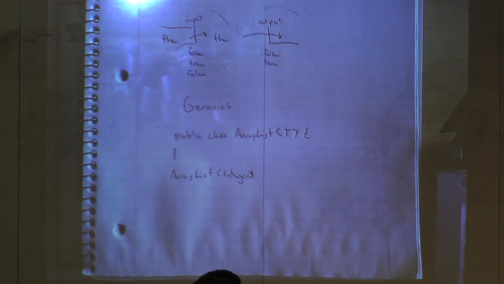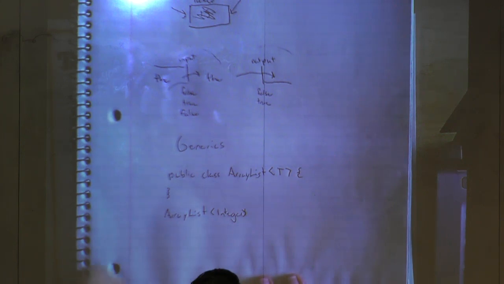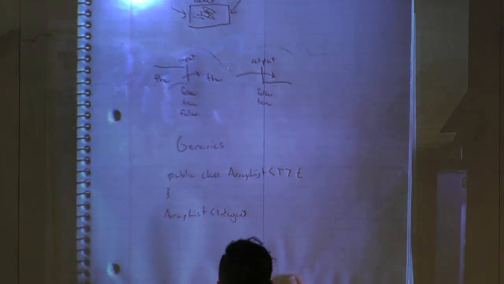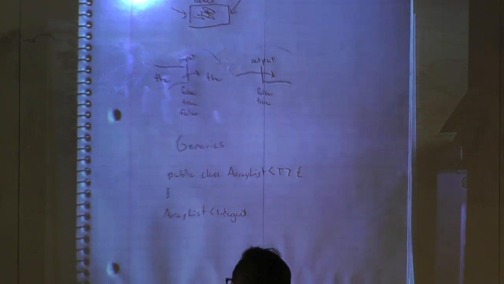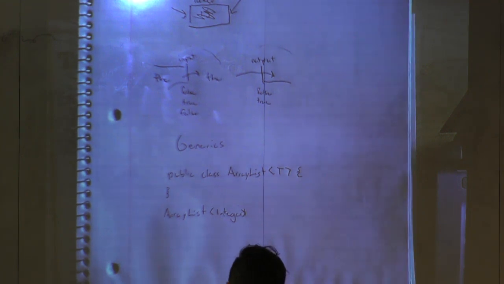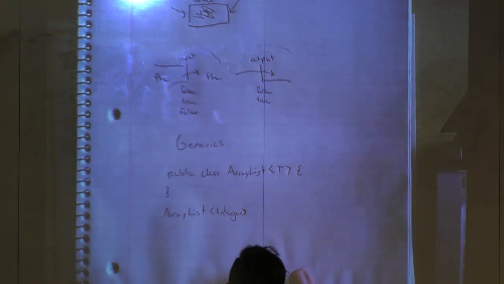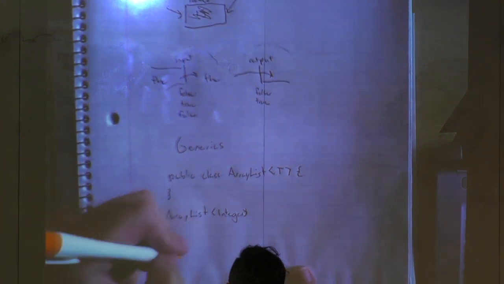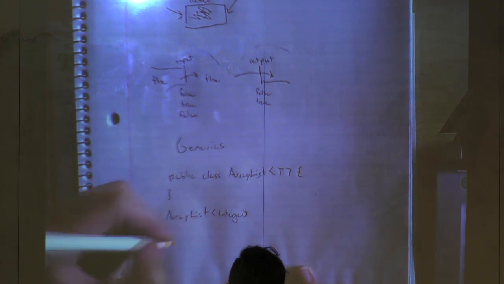And then the same thing applies to like writing a method. So I was talking about maximum earlier, like finding the higher of two numbers, and explaining my overloading example. You can see how it could quickly get out of hand, where like, you know, one int and one float, and then like one double and one float, and two ints, and then you have like a million different versions of the same method. Well, what if instead of doing that, you just use generic types? So you have this method